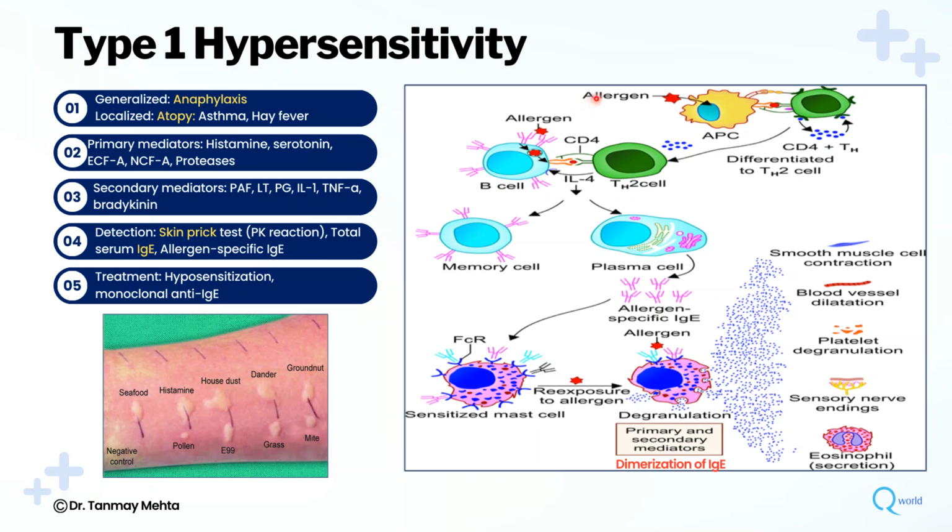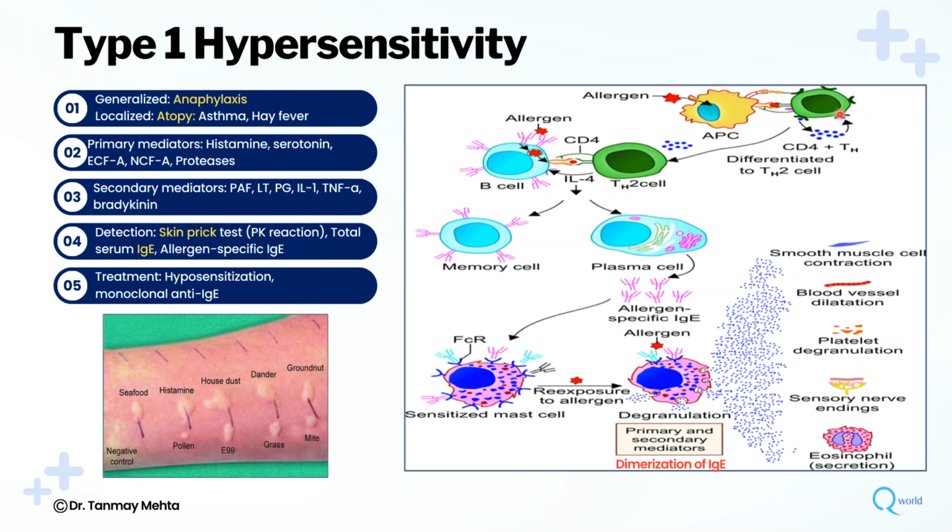They engulf it, they phagocytose it, cut it into smaller pieces, and these APCs have receptors on them. These are known as MHC2 receptors. And in the groove of these MHC2 receptors, they present this allergen's representative peptide. And APC MHC2 can only bind with the CD4 receptor. So it goes and attaches to the CD4 receptor, which is on the CD4 T cell,